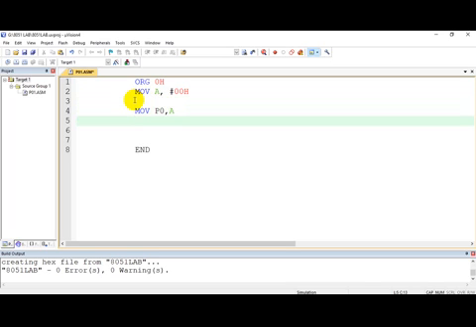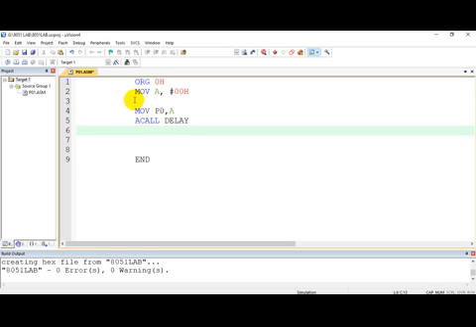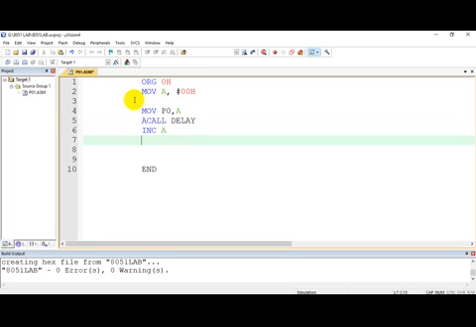After this, you should call delay. Then for the next count you say increment accumulator, and you repeat this forever. So SJMP repeat, and your repeat label will be here.